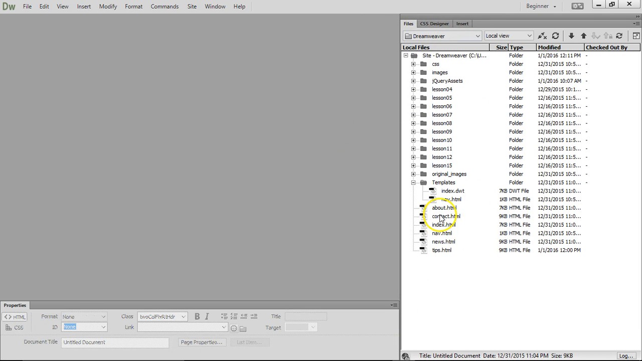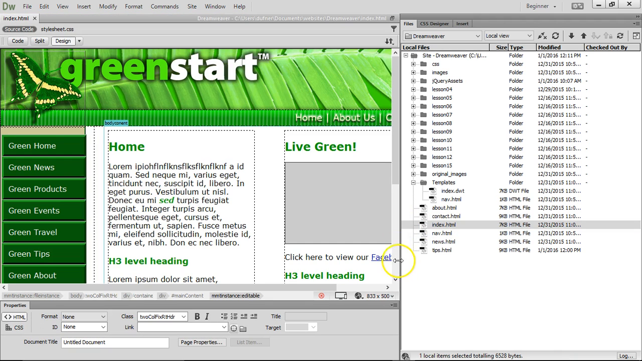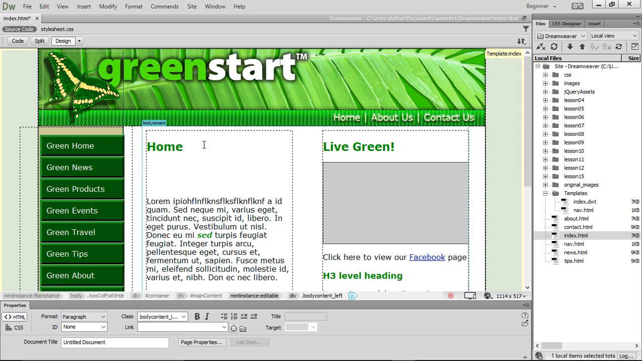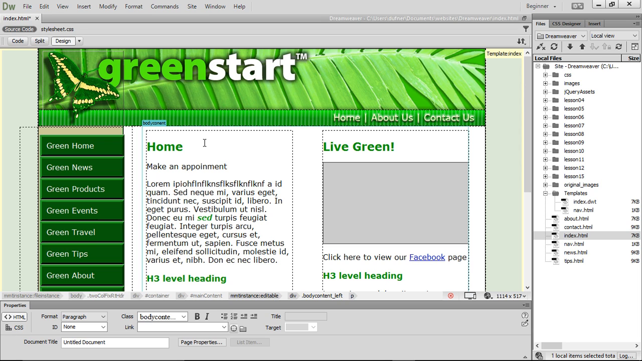So open up your index page. Let's bring this over. There we go. So we can make a link here called make an appointment. I know this seems really weird that a Green Start website would have a make an appointment for a hairdo, but I just want to prove the point and show you we're almost done with all of our tutorials in Dreamweaver. So highlight make an appointment,